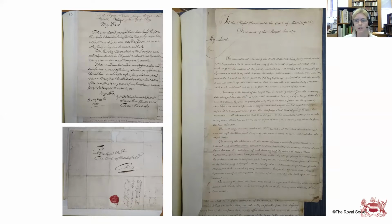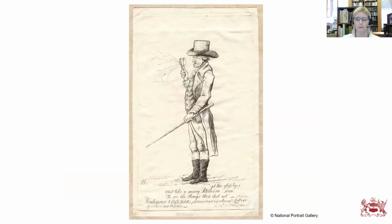In his personal life, Nicholls was married to Elizabeth Mead, who was the daughter of Dr. Richard Mead, a Fellow of the Royal Society, and they had 5 children, although 2 of those died in childbirth. His son, John Nicholls, was a barrister and a member of Parliament for Bletchingley in Surrey, and later for Dragoney in Cornwall. And there are lots and lots of pictures of John Nicholls, including this brilliant one from the National Portrait Gallery, which I just had to include in the slideshow